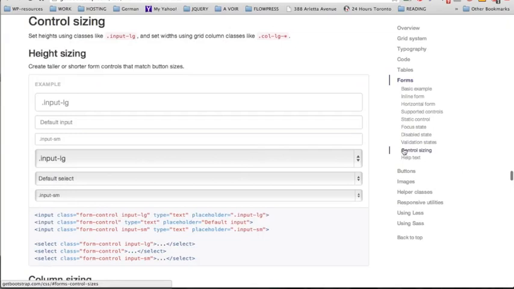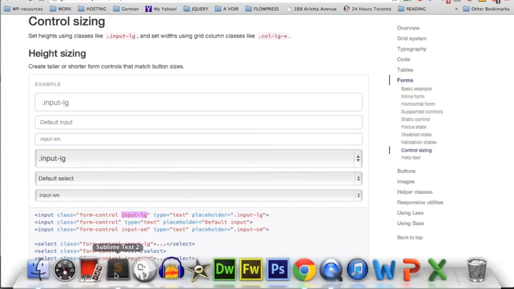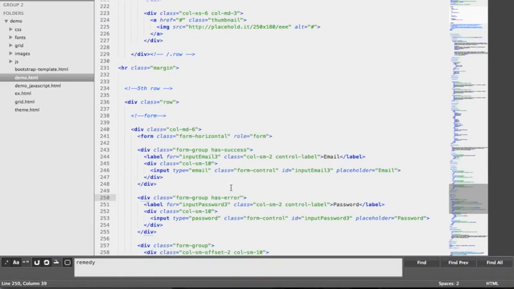With CSS Bootstrap, we can also control the size of the input. So here we have the default size. So this is the default size. We can also have a large input or a small input. And to have a large input, we're going to use this class, input-lg,